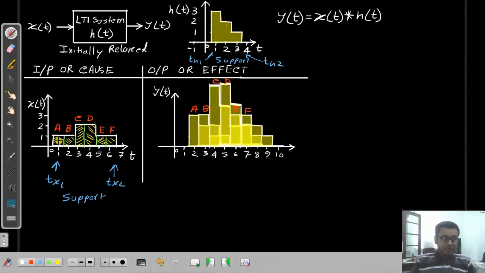Now when you convolve x and h, then portion A will have its effect from here to here. Okay, so the effect of A lasts between,